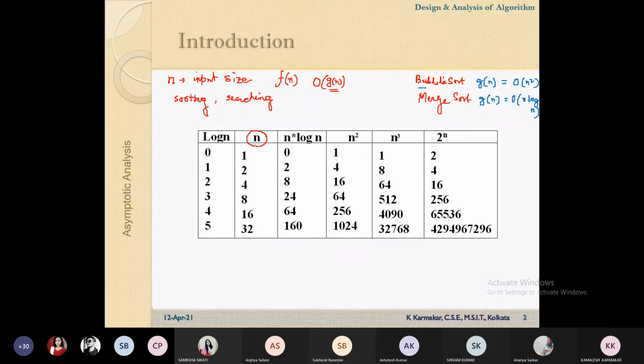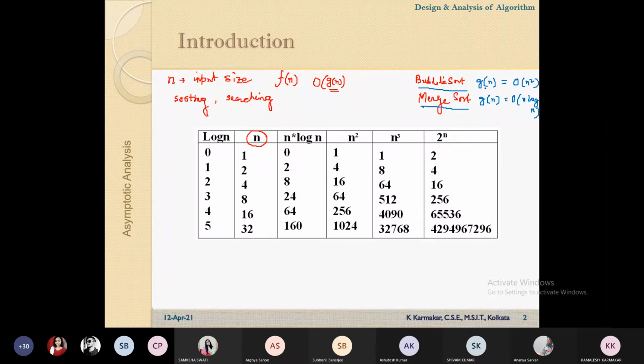So if two algorithms are given, bubble sort and merge sort, both being used for the same purpose. In the last class we discussed that along with time complexity, we have to consider memory consumption and other complexities also, but at this moment we are talking about only time complexity. If memory is not a limitation in our system, and we have two choices, bubble sort and merge sort, which one shall I prefer?